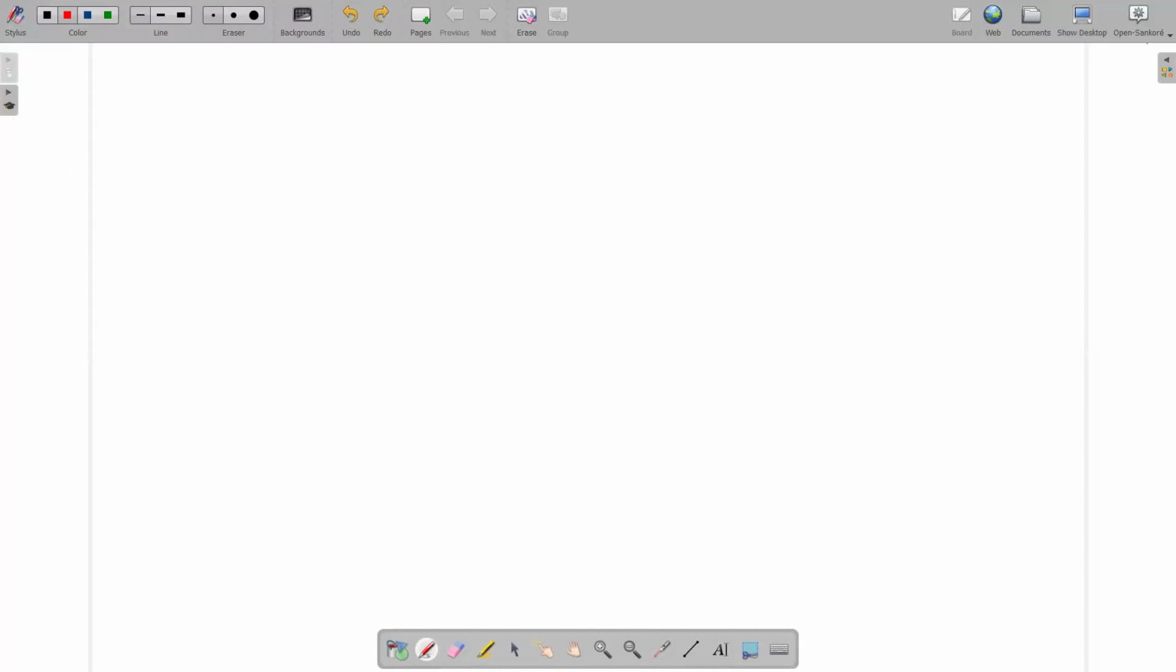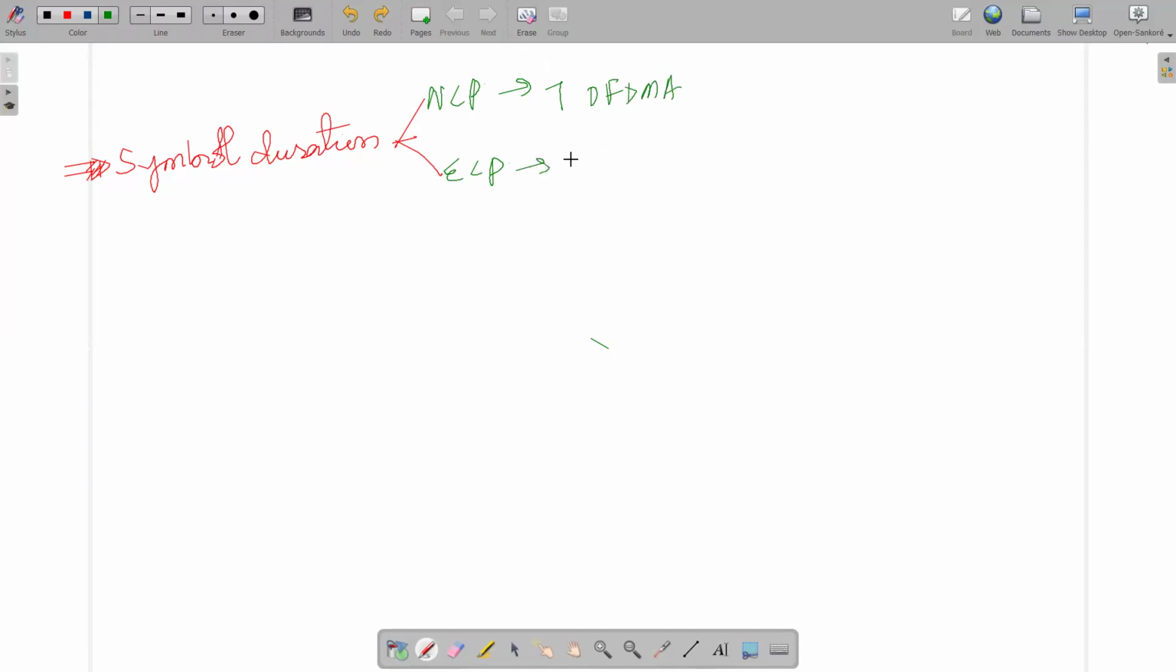So we have seen that we have two types of symbol duration, right? One is normal CP and another one extended CP, right? We are calling in normal CP 7 OFDM symbols. Whereas in extended CP,